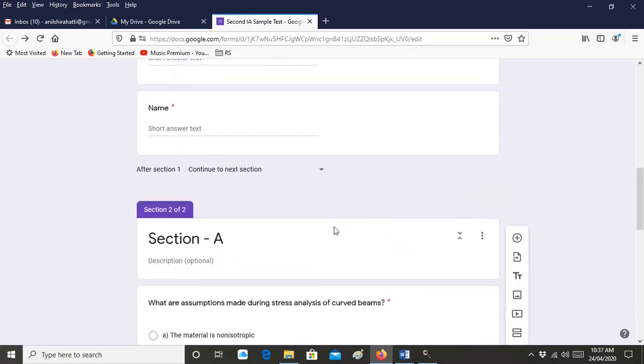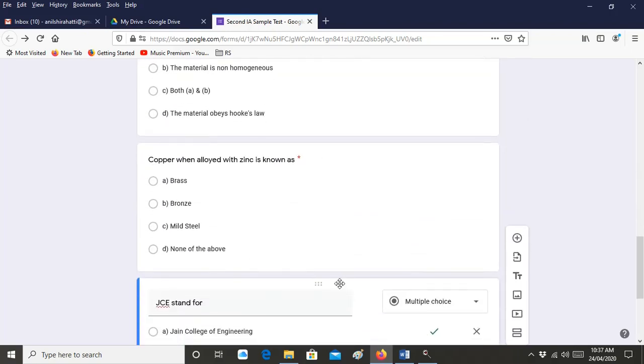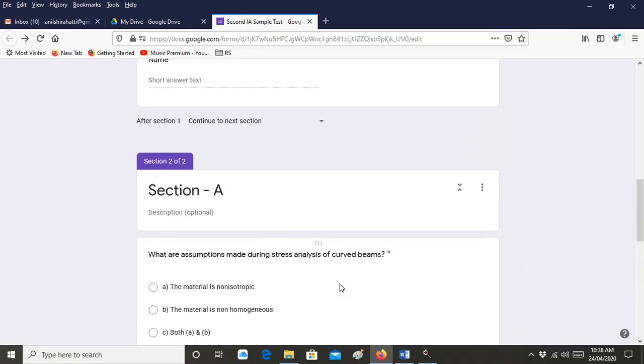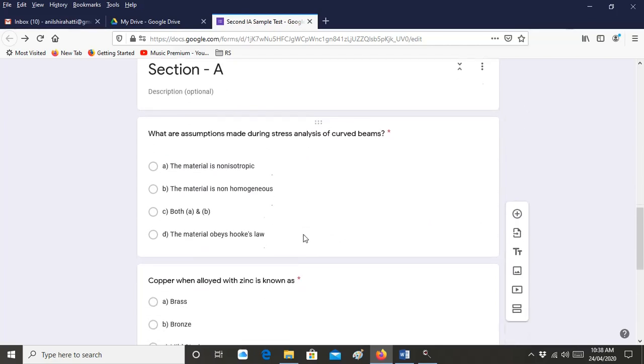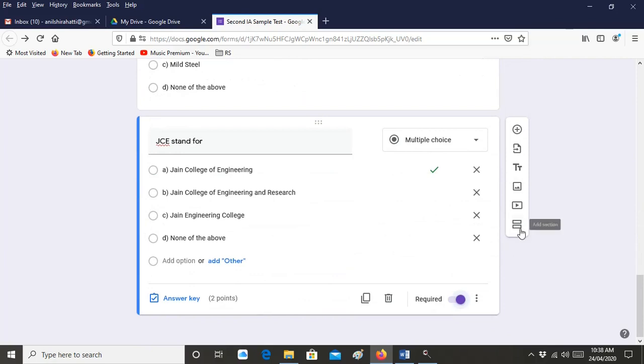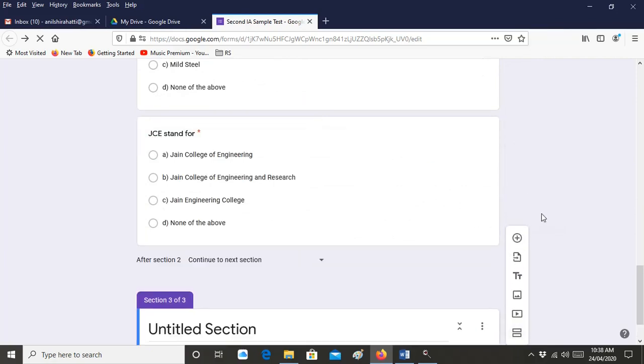So now in this section I have 3 questions. So like this you can do if you are having theory subjects. Okay, so all questions are independent of each other, but for subjects like design, heat transfer, where all the questions are interrelated, for example I'm giving one problem and the person has to solve that complete problem and then answer 4 questions. So in that case we have to create sections only. So what happens is in section A, all questions belong to that one problem only. Okay, so like this what I can do is go here, add one more section. So that I will show you now.